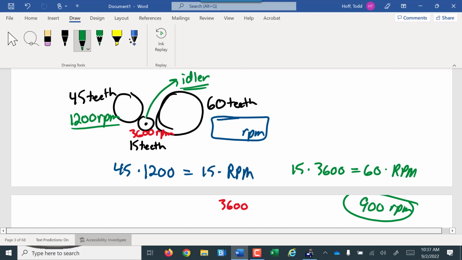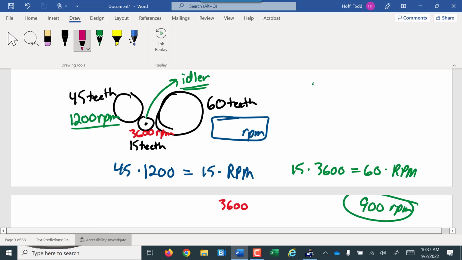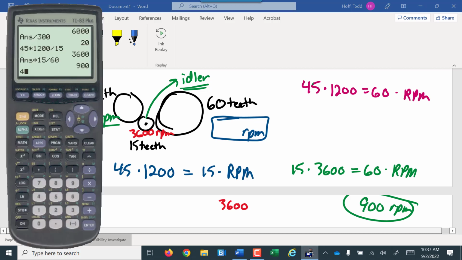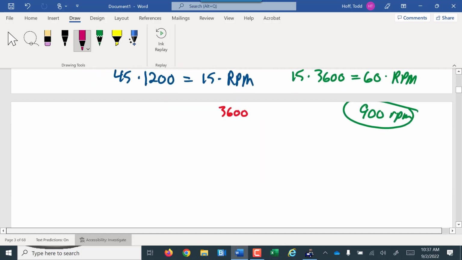As long as you have one where you know both, you can figure out all the rest, yes. Now you'll notice here, if we had just gone from the original gear, 45 teeth times 1200 RPM, to the final gear, 60 teeth times whatever RPM, 45 times 1200 divided by 60, we would have come up with the proper RPM. The reason is, this idler gear here is directly connected to both of the other gears. Where it makes a difference is